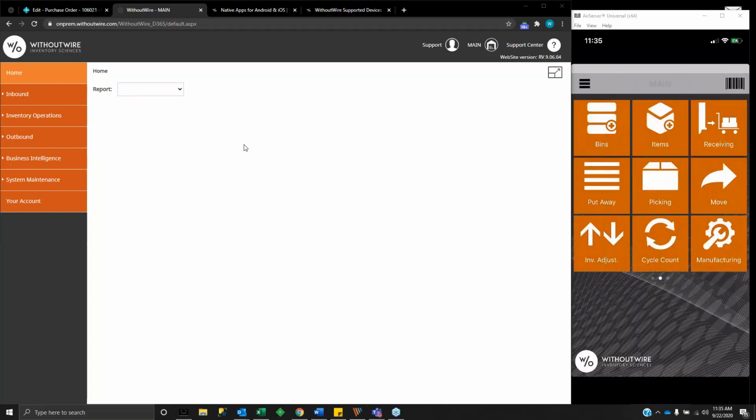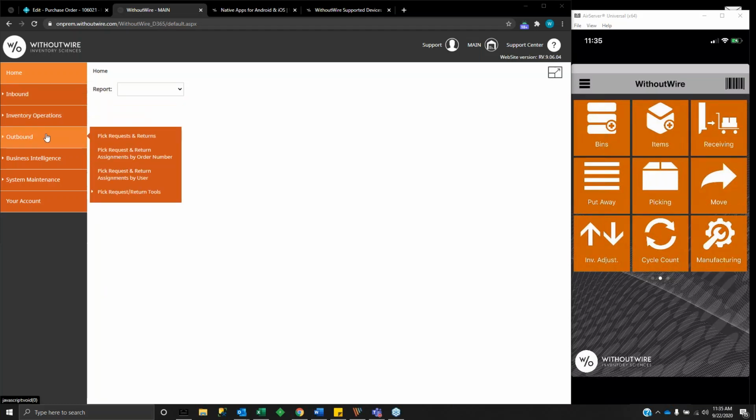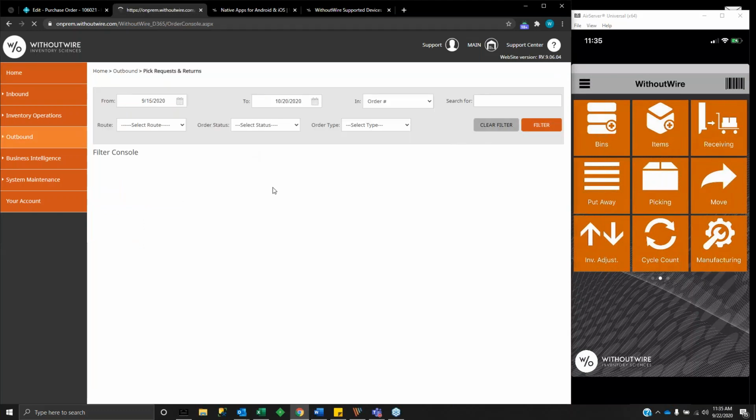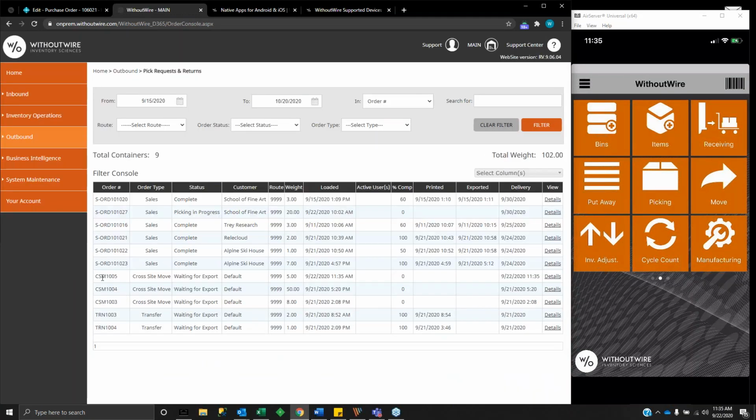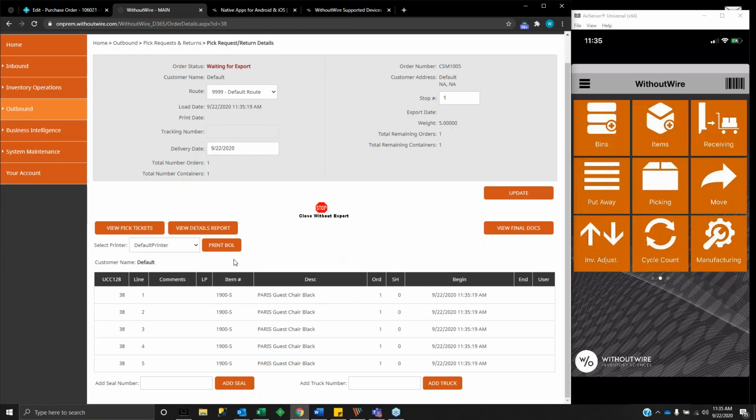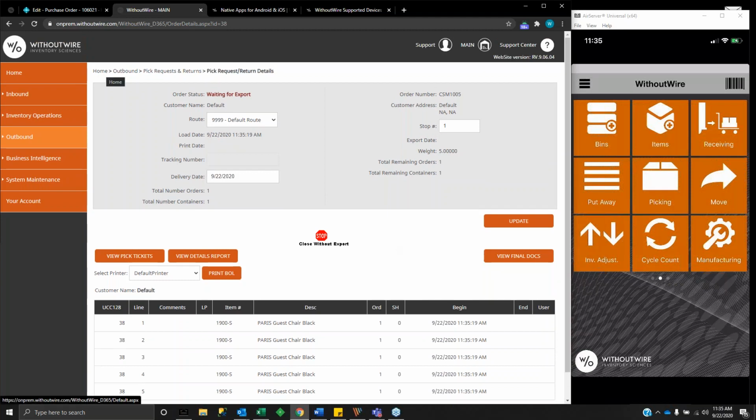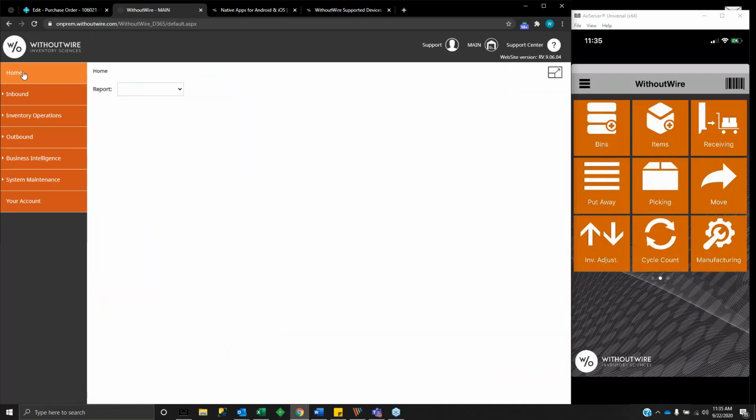Now we're wondering, how do we keep an eye on that? How do we make sure our users are doing the right thing? What we have here is an overall look, so you can see cross-site moves will populate when you use them, along with the details. It'll show your 5 items, and again, we'll show you any big tickets or final documents that supplement what that cross-site move will be, similar to a pick request or an order that went out. So you can either have Tony or Elena validate that